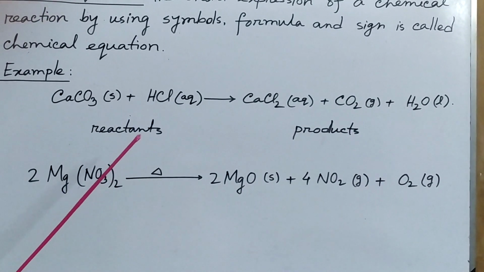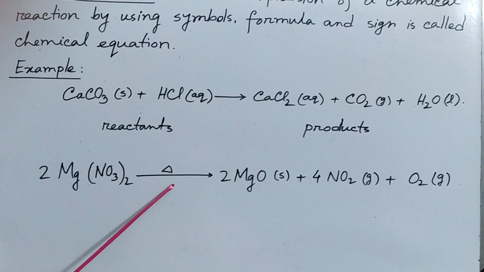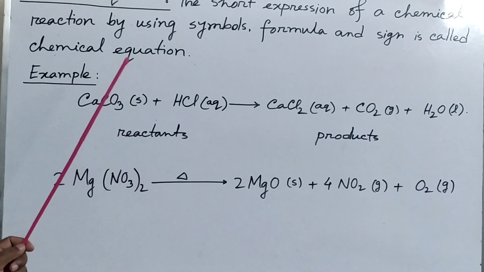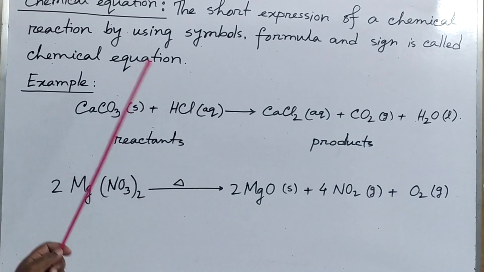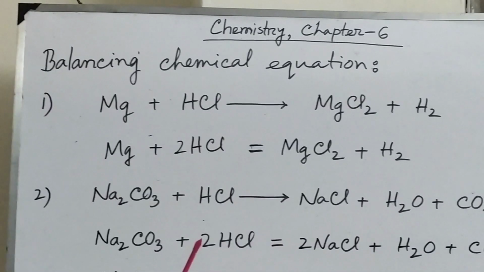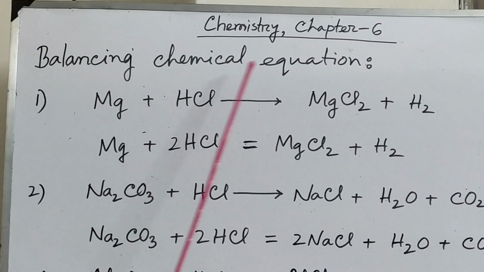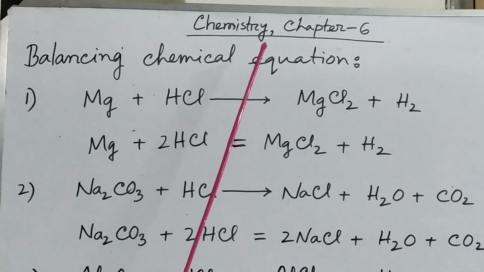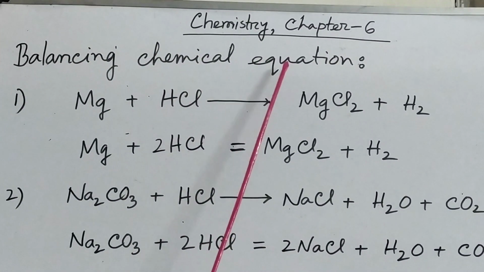So if we balance the equation, then you can give equal sign, or arrow sign also can be given. Okay, so you can write many examples like this. Then I will give how to balance the chemical equation. Dear students, okay, today's second point is balancing chemical equation. So first of all, I have given what is chemical equation and I have given two examples also. And now how to balance the chemical equation.